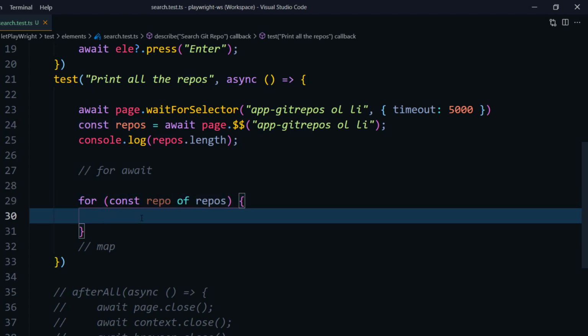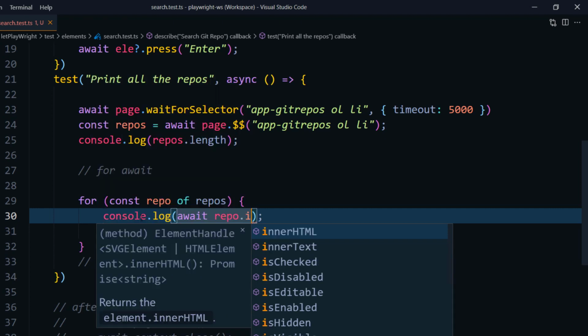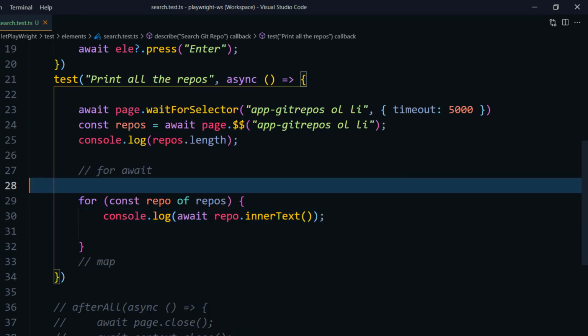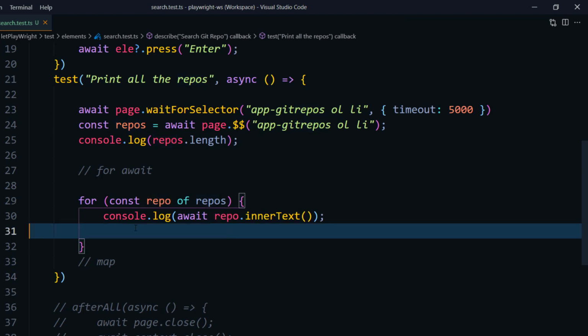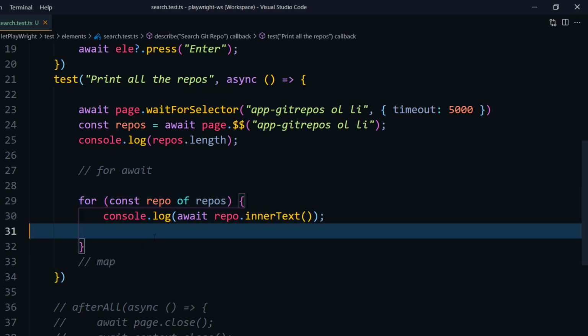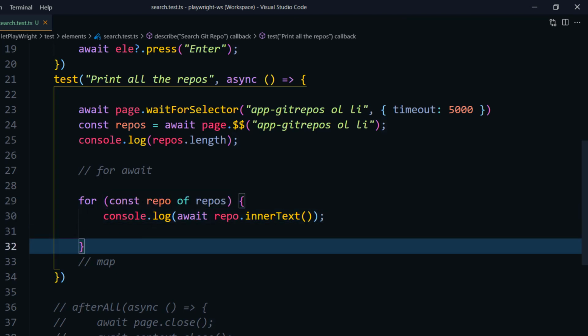And here I'm going to say console.log, and within that I'm going to say await repo dot, we can use the inner text to print the text. Of course, here we are awaiting this particular one repo, that is one element, to resolve the promise. But when it comes to the next one, again we have to resolve the promise. The for loop is going to run very fast, but we have to make sure that this promise is resolved, then it will go to the next one.